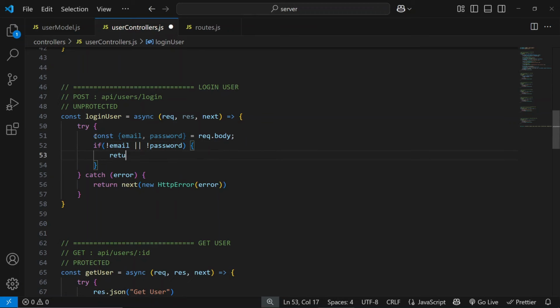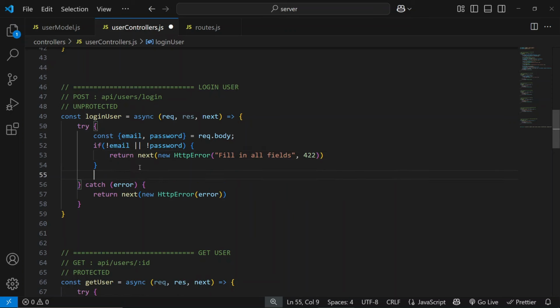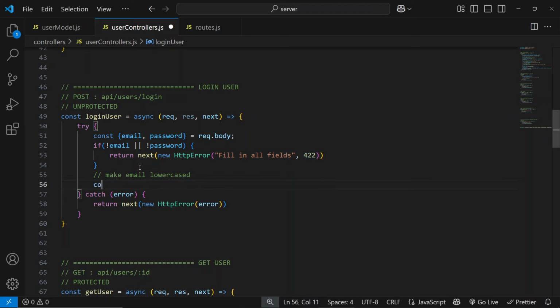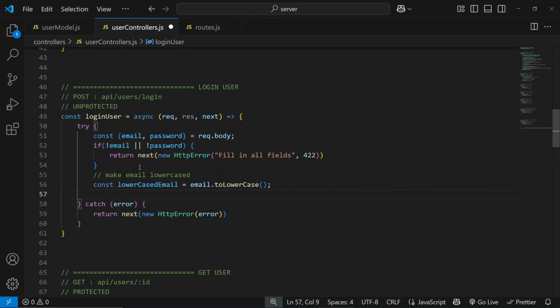If so, then we are going to return new HTTP error, and we say fill in all fields, 422. And then we will make here too. Of course, we have to make the email lowercased. So lowercased email should be equal to the email that we got, then change it to lowercase. Simple as that. And we have to fetch the user